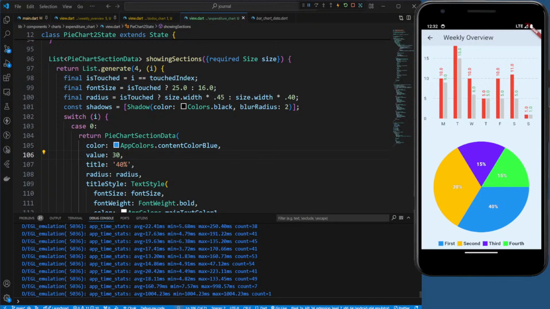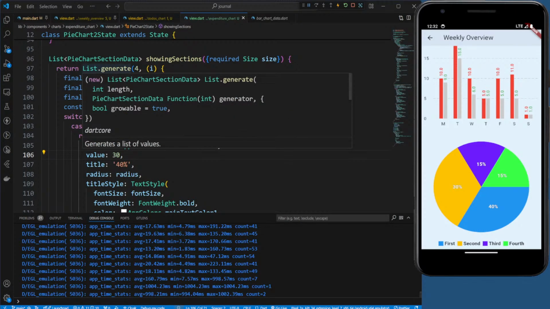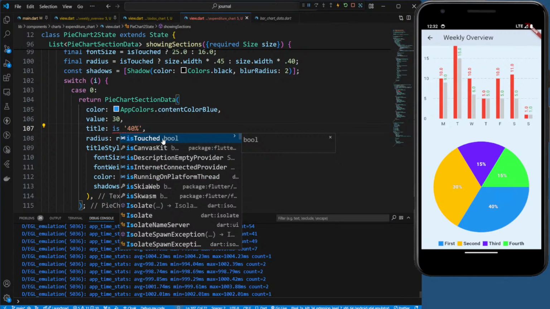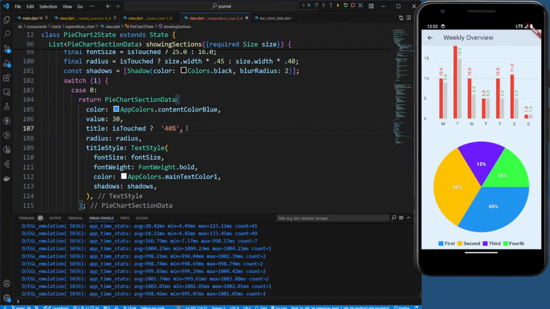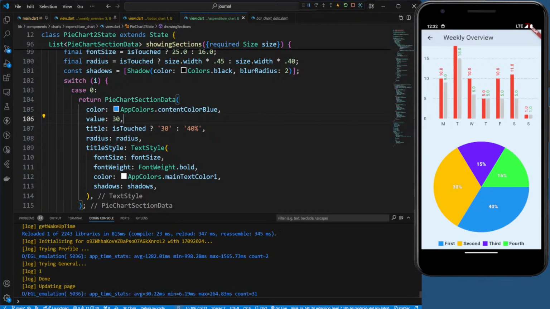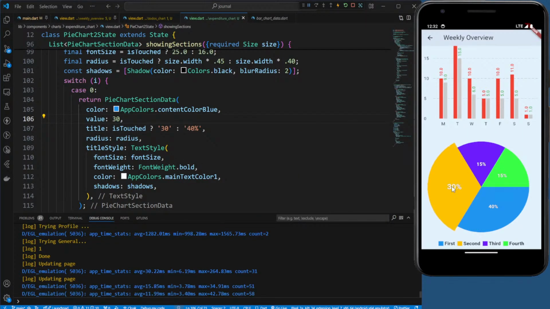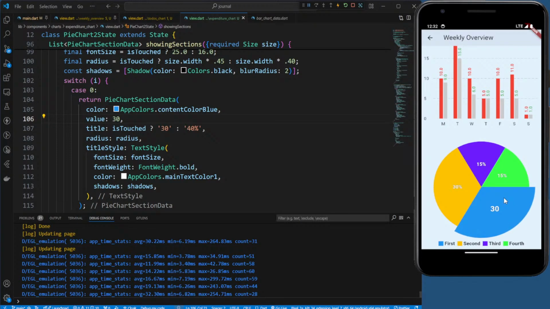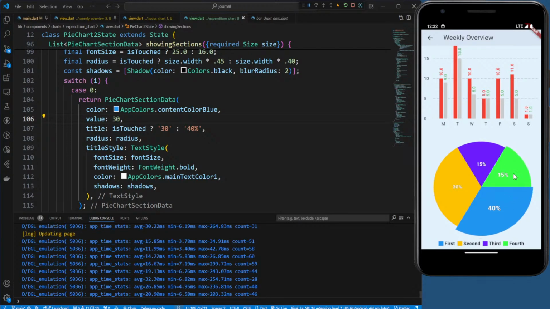So we can do one thing. When you touch it, right? If you touch it, give the number or else the percent. So if you touch on this, no, so we can't update it, seems. Okay, we can. So this is what we can do. So in the title,